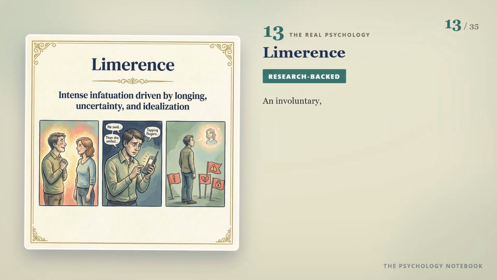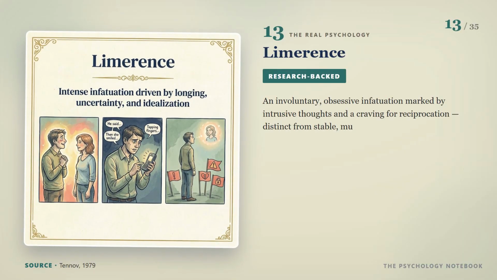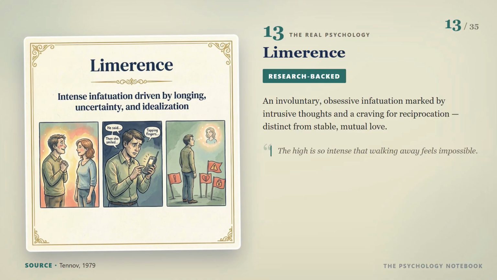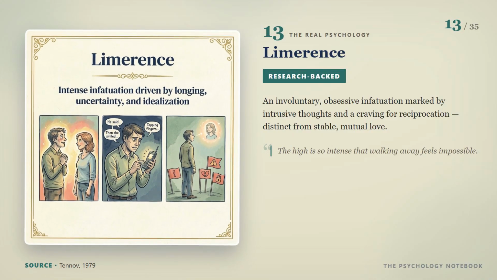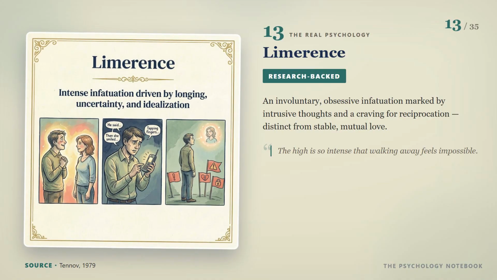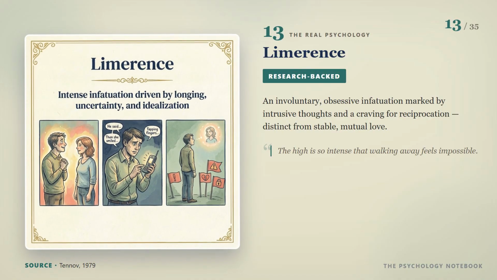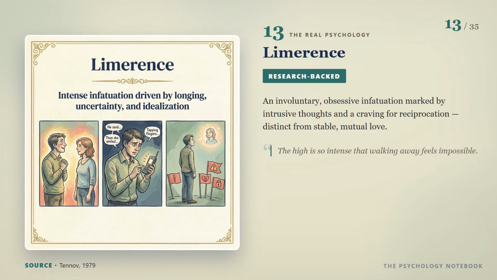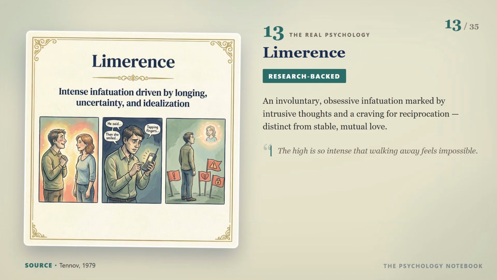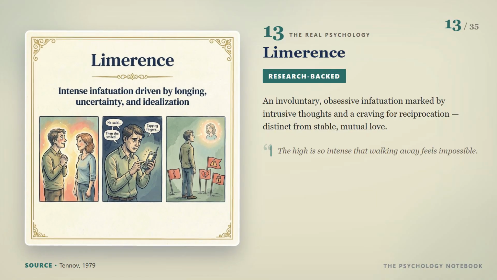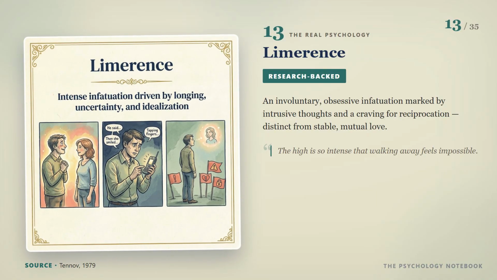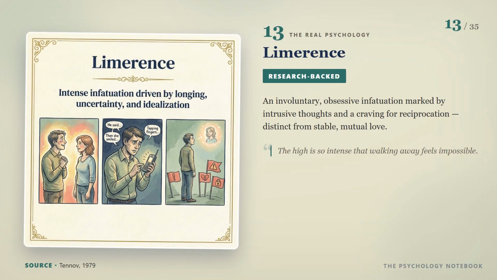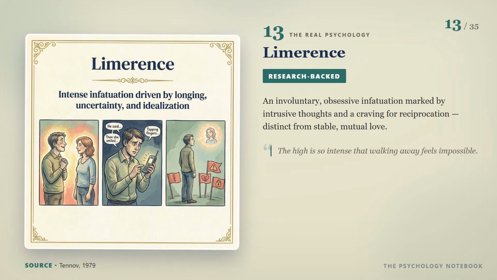13. Limerence. The final term in this section is limerence. Limerence is an intense and involuntary form of infatuation. You may think about the person constantly, analyze every message, and feel an overwhelming need for them to return your feelings. Because the emotional high is so powerful, you may overlook red flags that you would normally recognize. Limerence can feel like love, but it is not the same as a stable and mutual relationship.